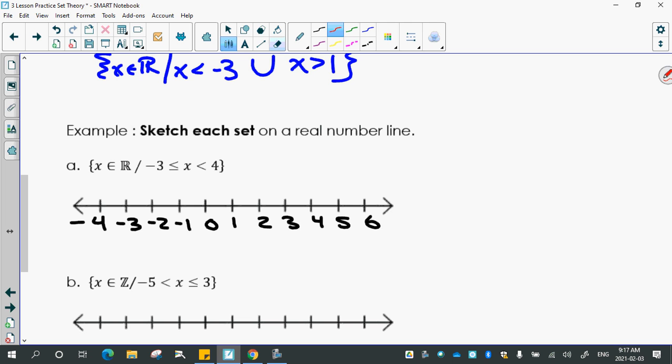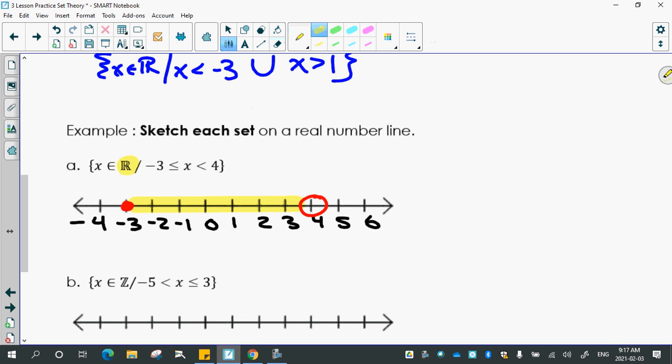Okay, when drawing this set, how many people put a closed-in dot over -3? Yes. How many people put an open dot over 4? And then highlight it in between? Yes? Okay, good. So what's important to read here is, first of all, it's important to read what type of